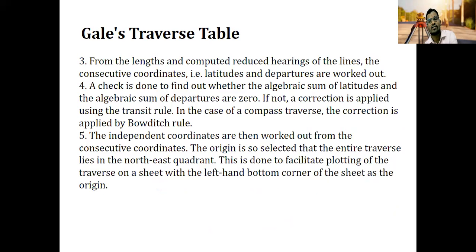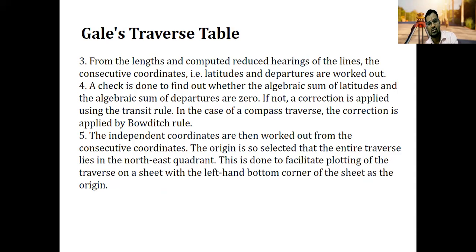ओके. फ्रॉम द लेंथ and computed reduced bearing. ठीक आहे. आता आपण लेंथ मेजर केले तर from the length and computed reduced bearings, here is a bearing, by mistakenly it is written as bearing. Okay. So from length and computed reduced bearing of the lines, the consecutive coordinates, that is the latitude and departure,